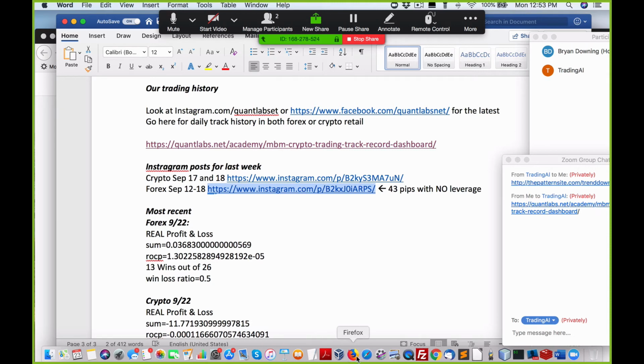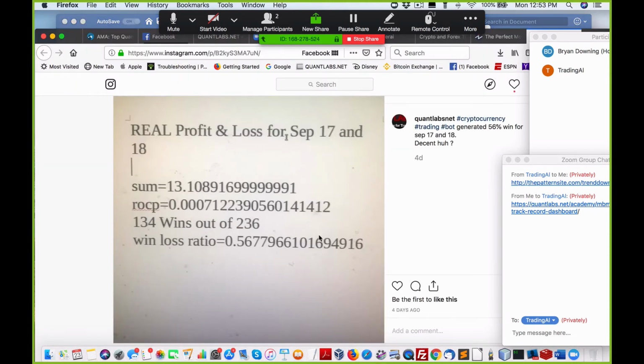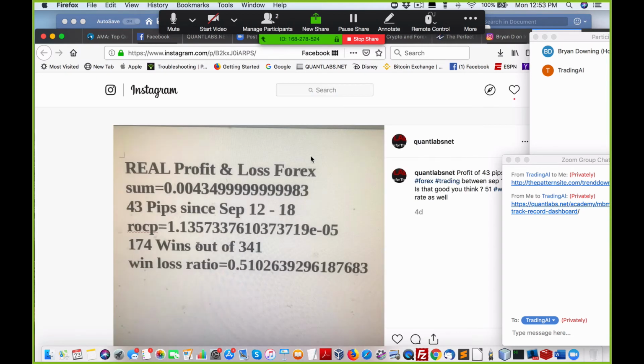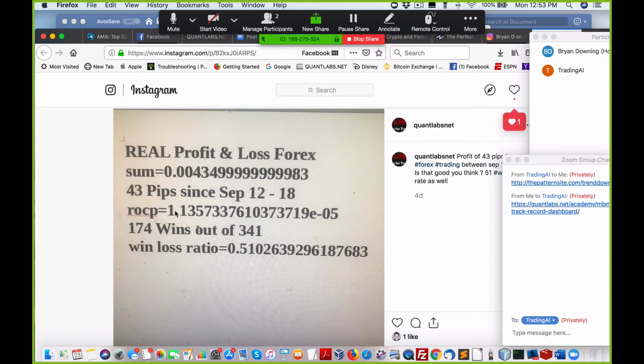This is for the week between the 12th and the 18th. This is another track record I showed for last week. In this case, what we have here is a rate of change at 1.13. Again, no leverage, this is Forex. 174 wins out of 341 trades, which is a lot, because I'm pounding it to test it. And then we pulled off a 51% ratio with a sum of 43, which is essentially 43 pips for this time period,